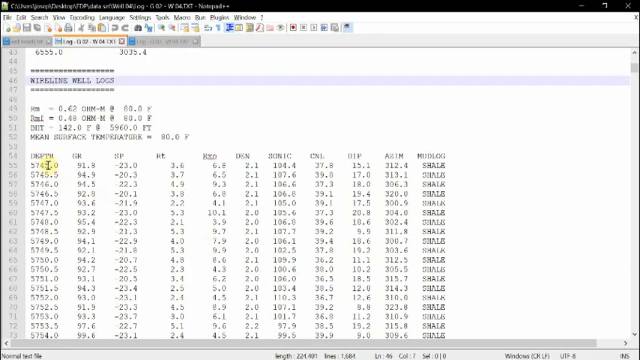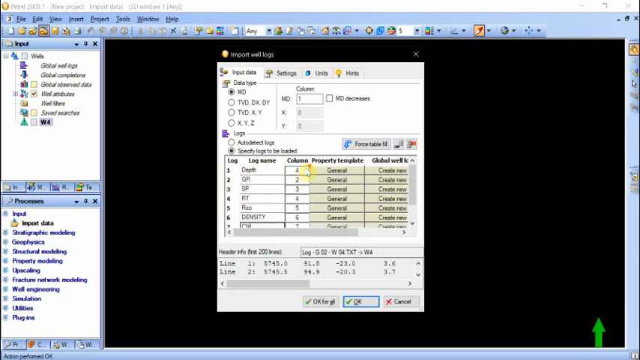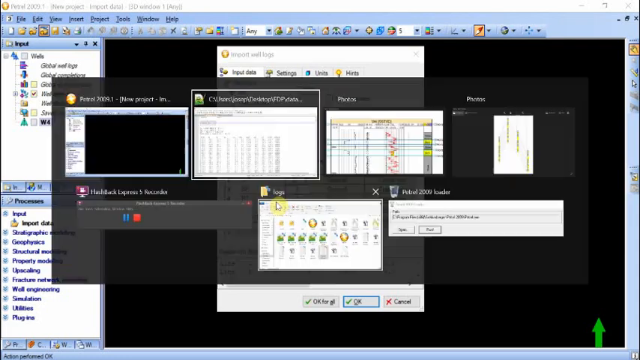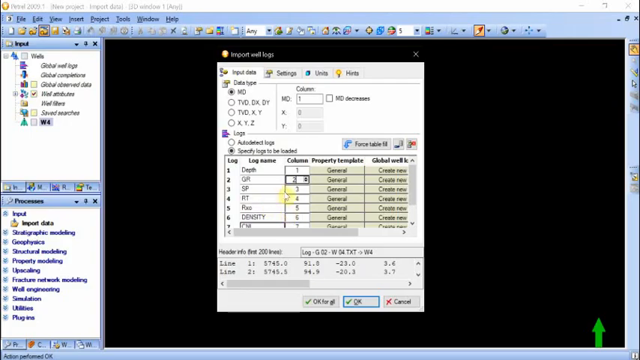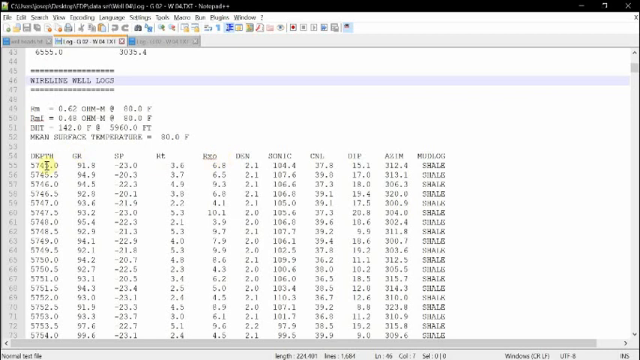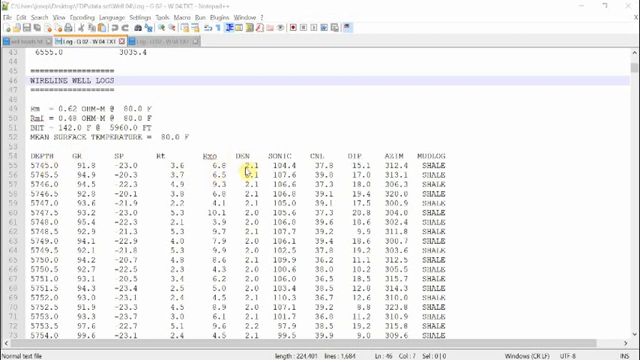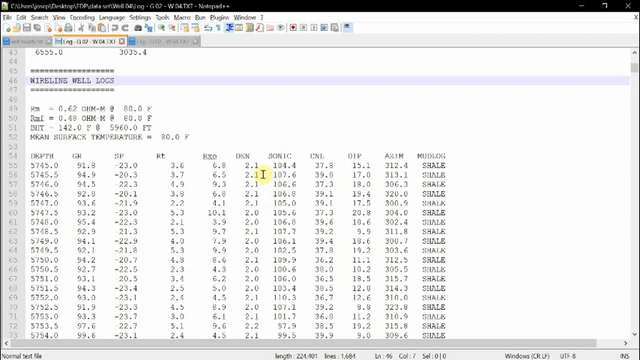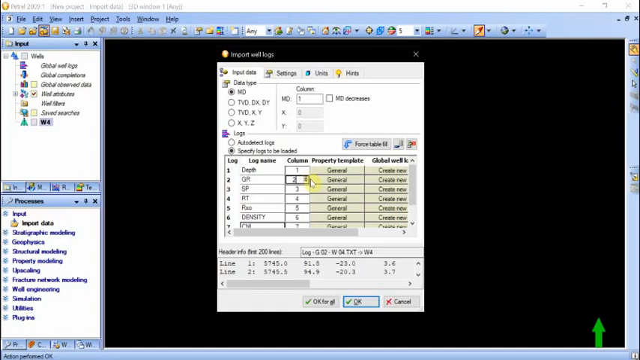Okay, so depth is column 1. Gamma ray is 2, SP is 3, RT is 4, RXO is 5, density is 6, sonic is 7, CNL is 8. So the property for depth is elevation,